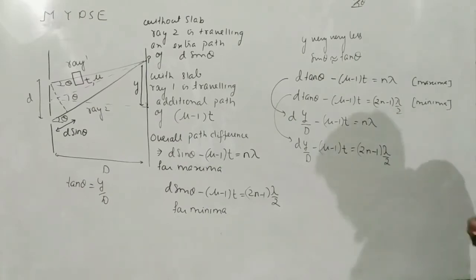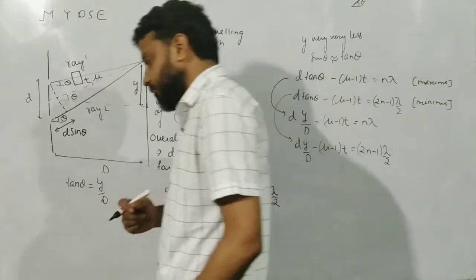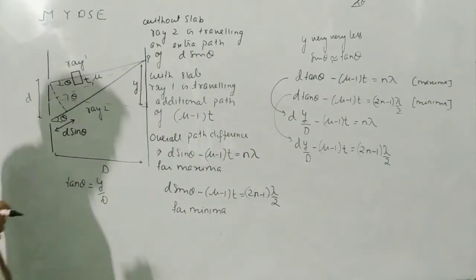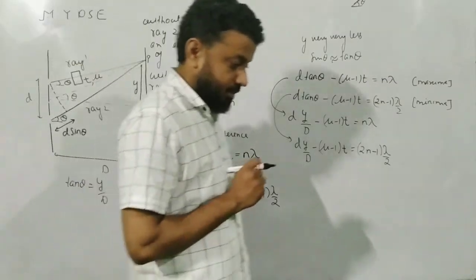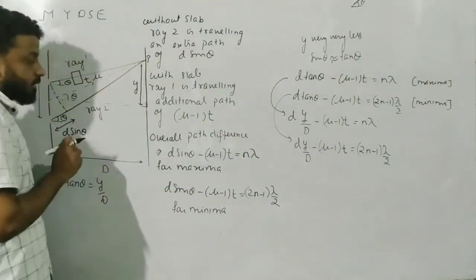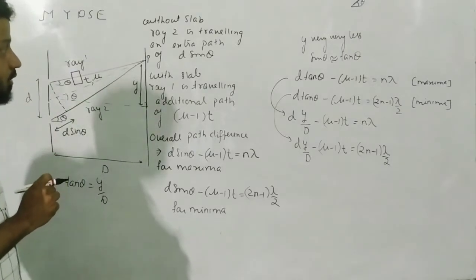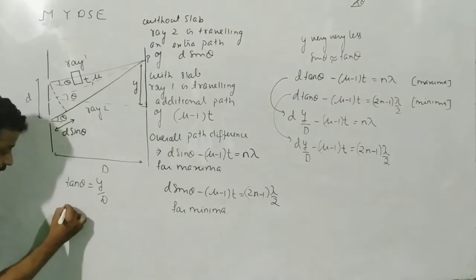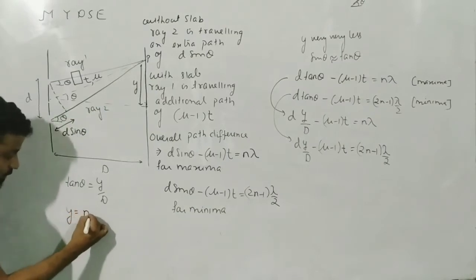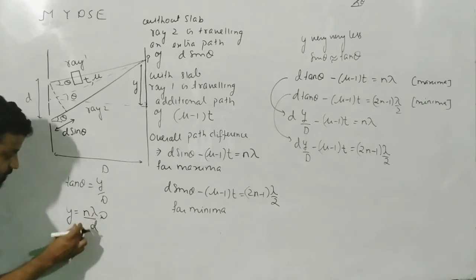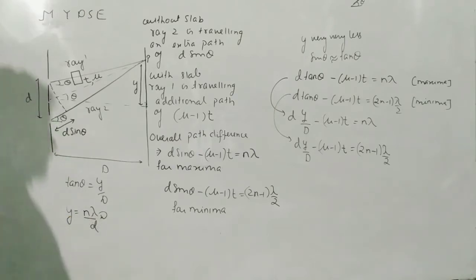The important part over here is this. In YDSE, Young's double slit experiment, who was there at the center? At the center, if you remember the concept of YDSE, in YDSE we got this formula. Remember n lambda D by small d? This is the formula which we got for YDSE, for maxima.